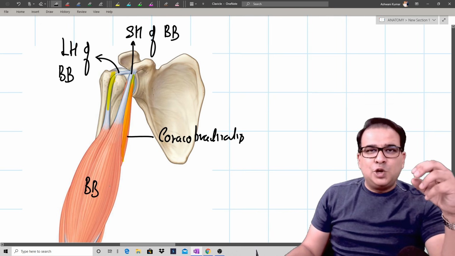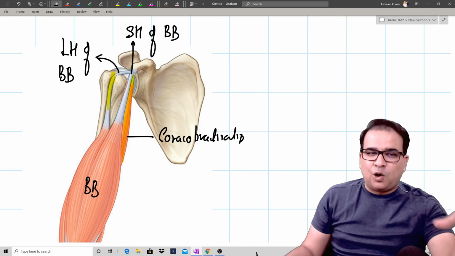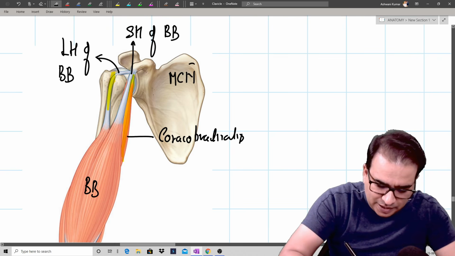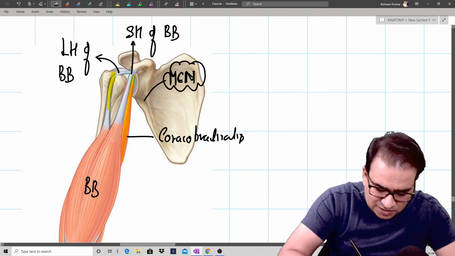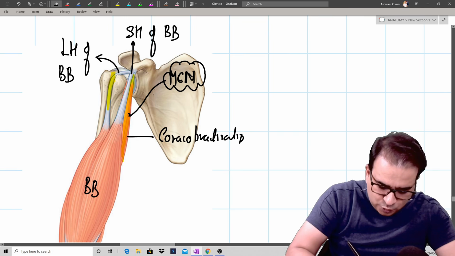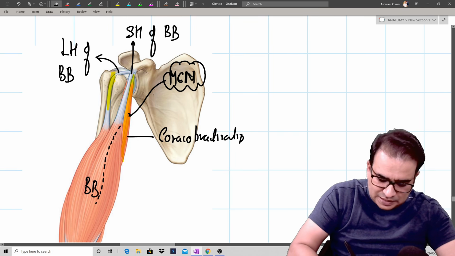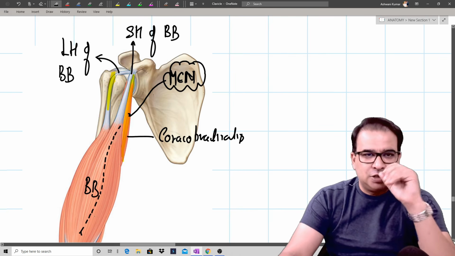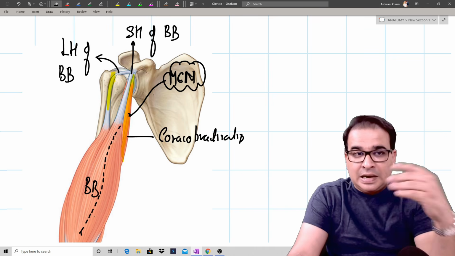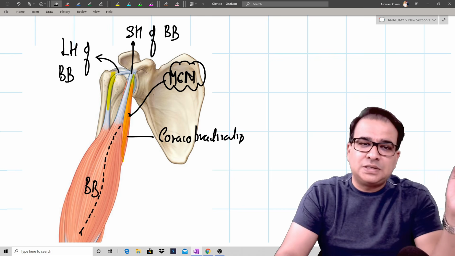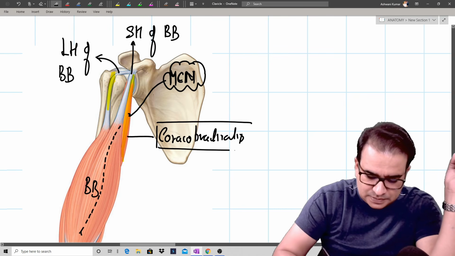And you know, musculocutaneous nerve, as we all know, is the one which supplies all these muscles of the anterior compartment of arm. That musculocutaneous nerve, if I write MC, musculocutaneous nerve coming from the lateral cord of brachial plexus, will actually pierce the coracobrachialis muscle, and then it will pass deep to the biceps brachii in front of the brachialis, and then continue the journey beyond the cubital fossa also. We'll discuss that in the next part. So just to tell you how exactly musculocutaneous nerve enters the anterior compartment of arm, it is entering by piercing and obviously supplying which muscle? Coracobrachialis.